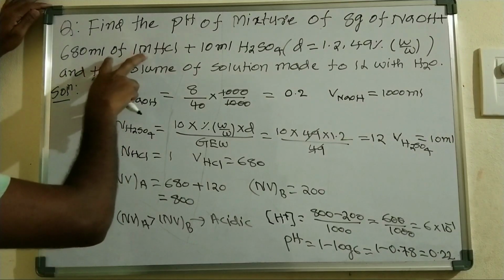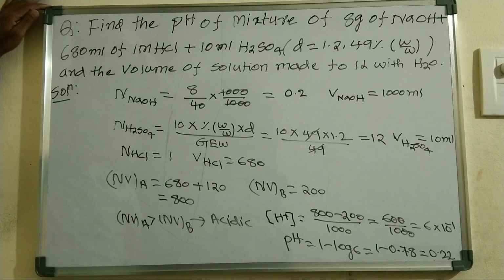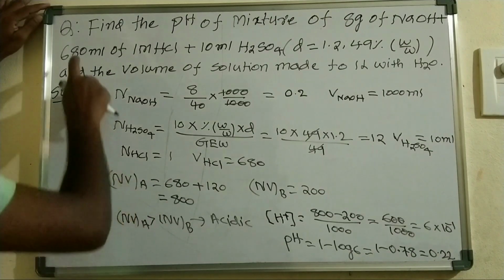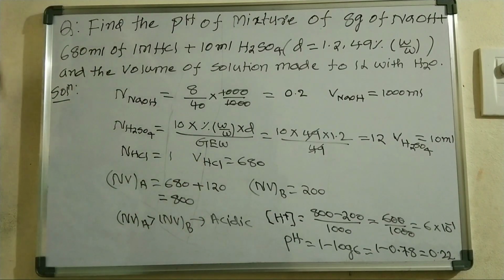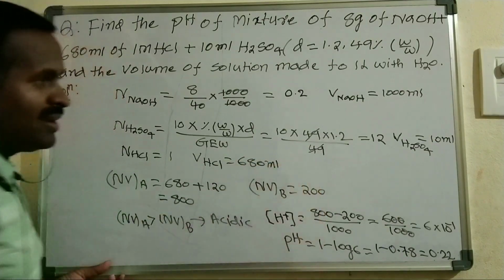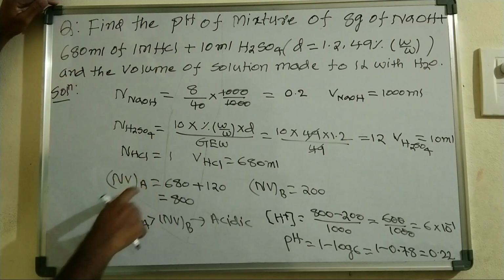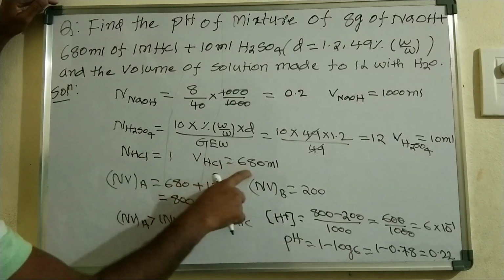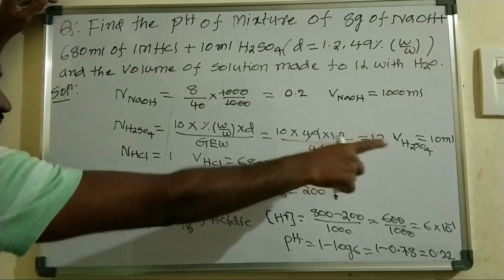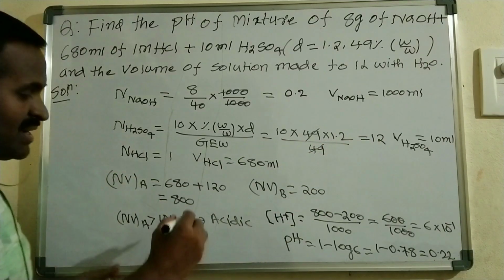In the problem, the 1 M HCl molarity and normality will be the same, because it is a monobasic acid, and its volume is given as 680 ml. Now take the NV product of these acids. The NV product of HCl is 680 into 1, 680, plus 12 into 10, 120. The NV product of acid in total, you will get 800